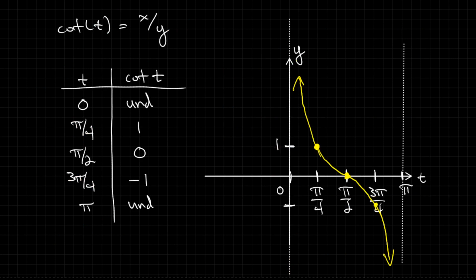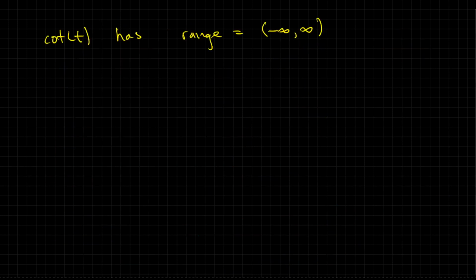However, there are t values for which cotangent is not defined. And so the domain is not all real numbers. The domain, so cotangent has domain equal to all t except